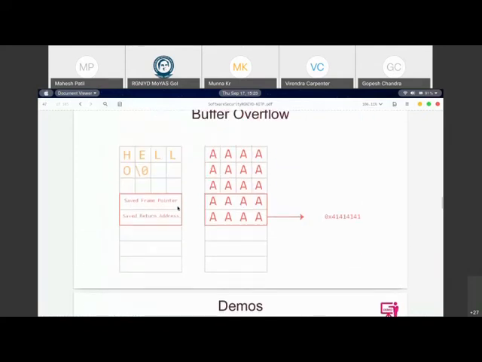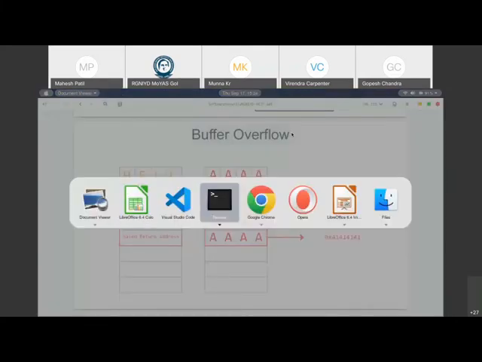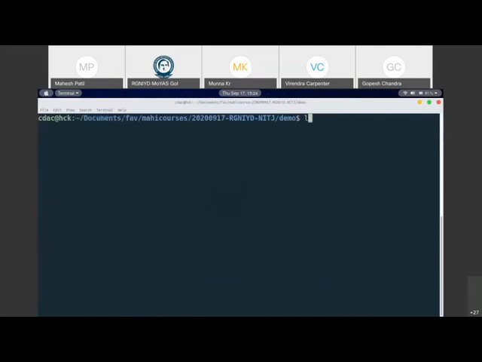So now we know that the sequence is like this: the return address, the frame pointer, which is the EBP register, and the buffer. When you put the data hello in it, since it is less than the buffer size, it will hold the data correctly. But what would happen if I go on sending data which is more than that buffer size? It goes and overflows into the frame pointer and the return address. And that is where the whole problem comes in. So essentially we have caused a buffer overflow. Let me just show you a small example of it so that it's easy for us to understand.